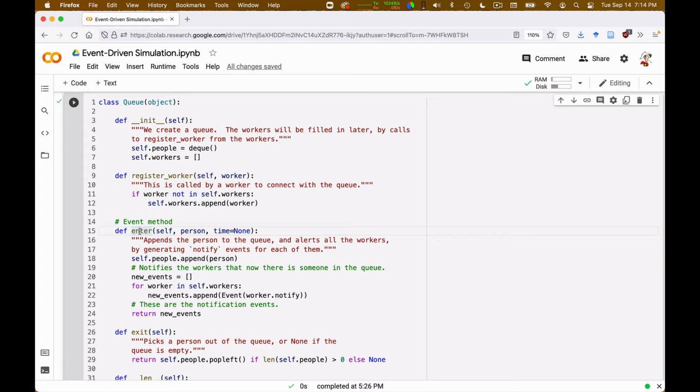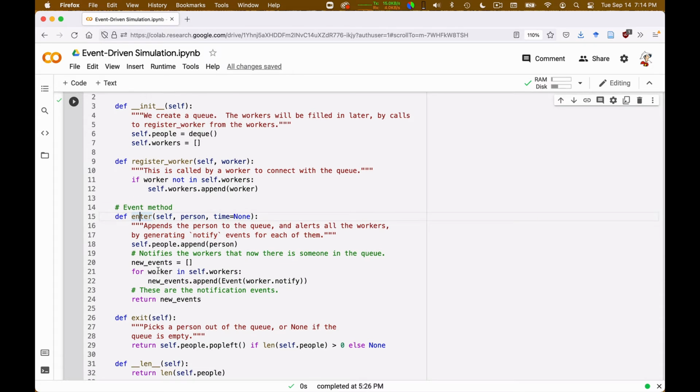So when a person enters the queue, I append it to the list of people in the queue, right? And then I say, for every worker that is getting people out of this queue, I notify them that there is somebody in the queue, so that if by any chance any of these workers was idle, they could start serving the new person.